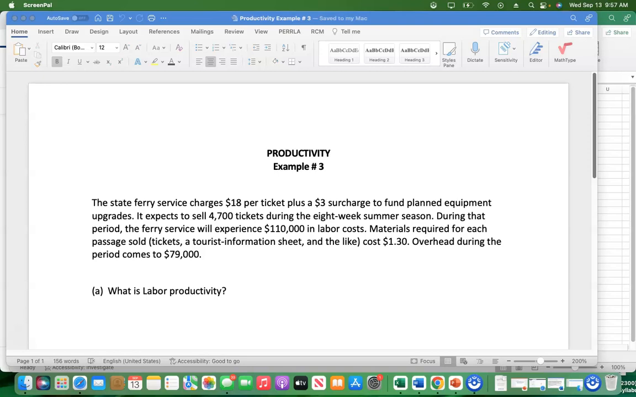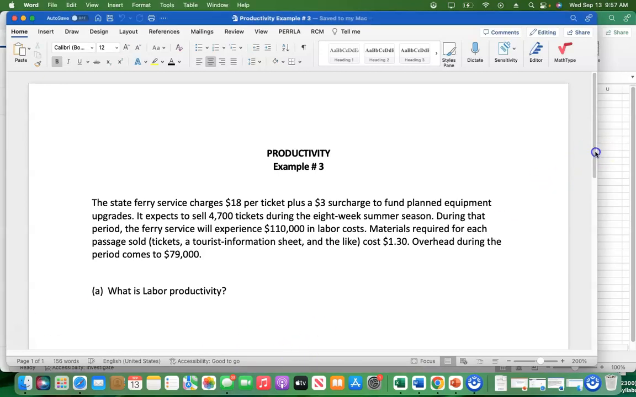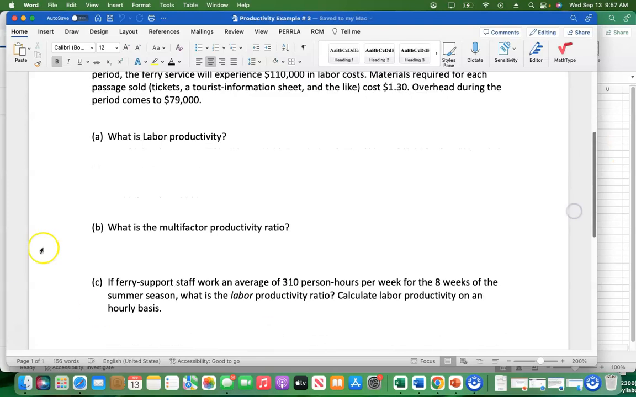cost $1.3, and this involves tickets, tourist information sheet, and the like. And finally, overhead costs during the period comes to $79,000. And so we are asked to find labor productivity and also multi-factor productivity ratio. And here we have